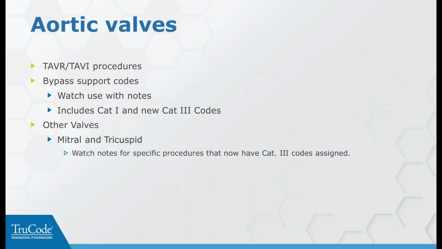Then we get over into the valves. In the aortic valve section, there's a lot of notes there reminding us that when they do have the patients on bypass, that you want to make sure you use those correctly. There's a lot of add-on codes for the cardiopulmonary bypass support with those like the TAVR procedures. Basically, a lot of those can be done with beating heart. They don't have to be on cardiopulmonary bypass support, but if you do, make sure you use the add-on codes